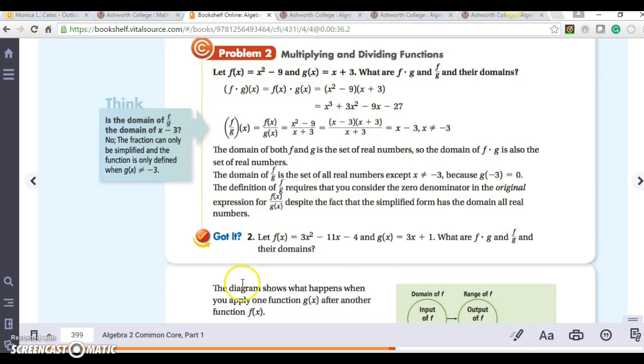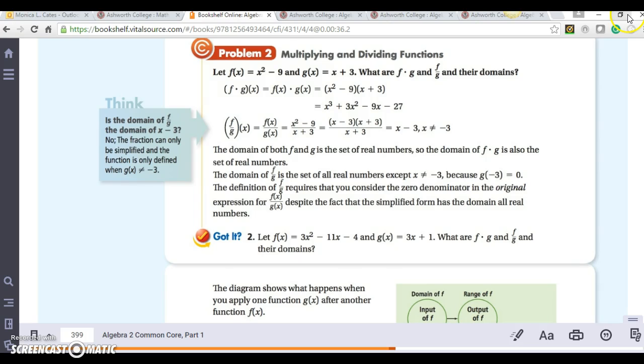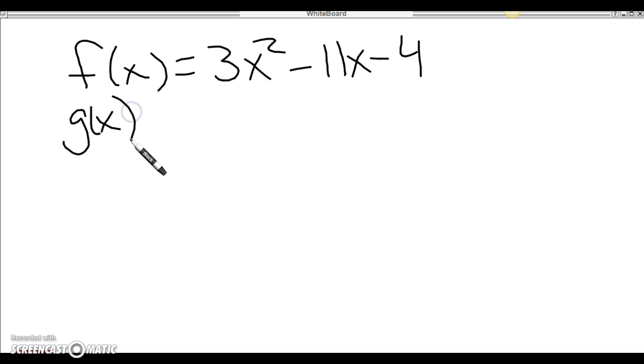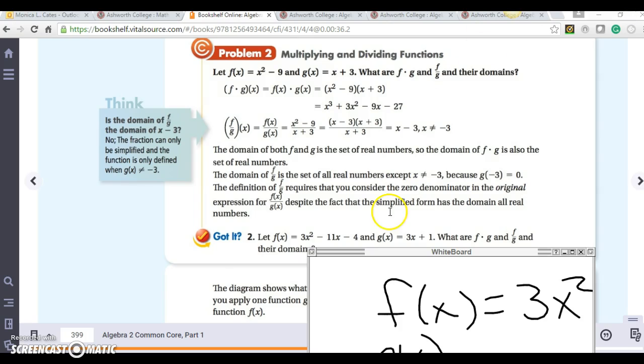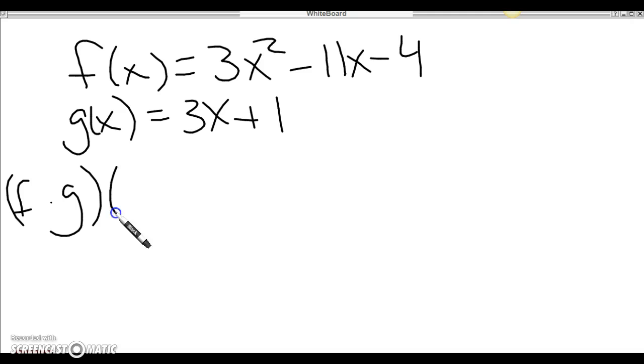So now let's take a look at the guided. So I have f of x equals 3x squared minus 11x minus 4, and g of x, sorry about that, is equal to 3x plus 1. So the first one is f times g of x,